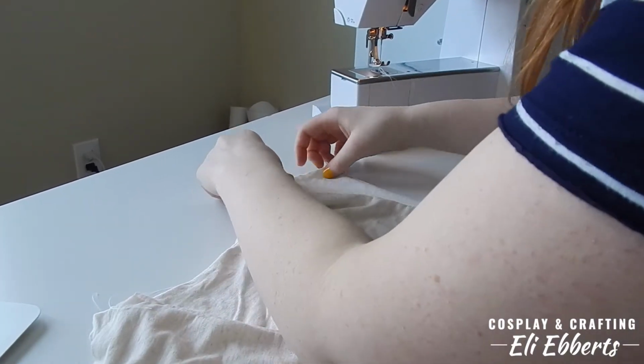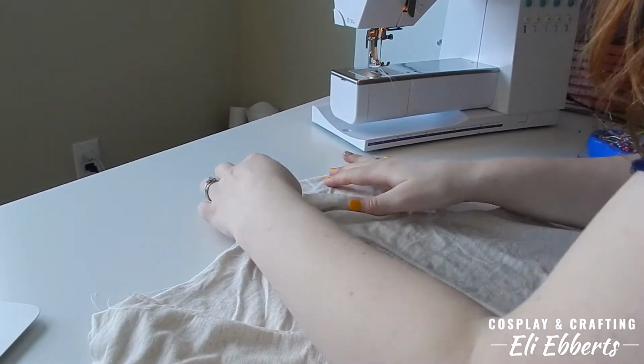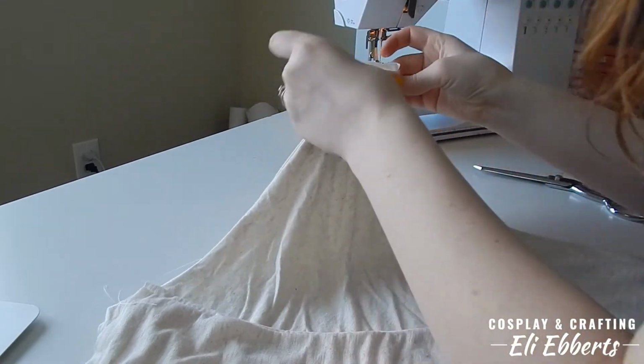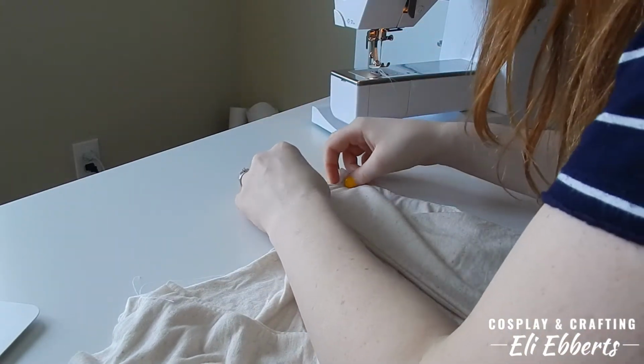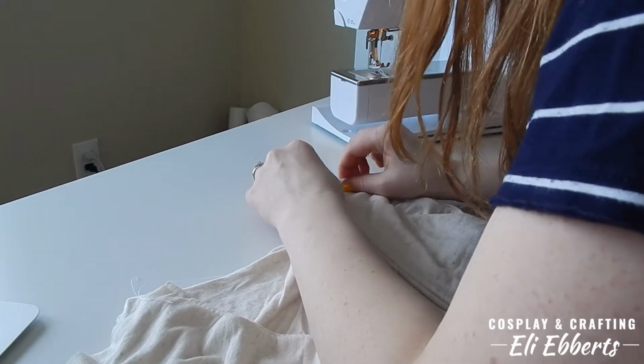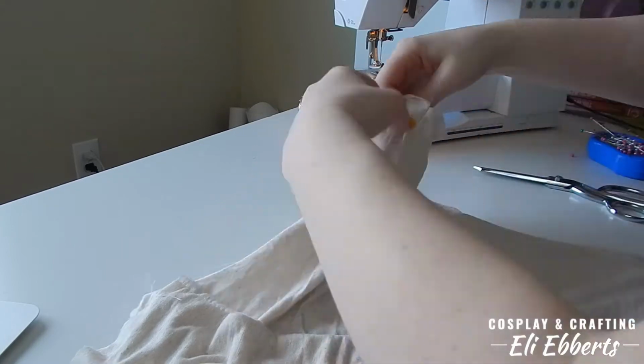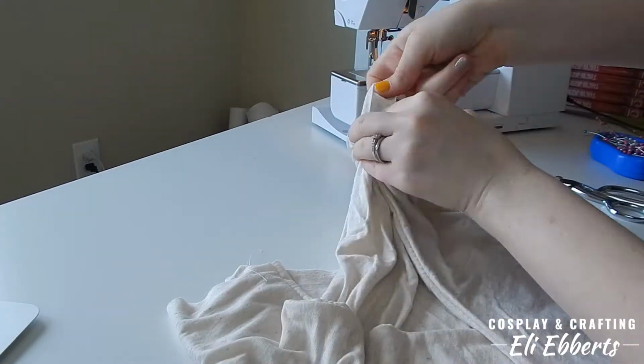Now that we have the side seams taken care of, we can move on to the shoulder seams. Like I said before, I want to do as little hand stitching as possible, so I'm trying to figure out a way to connect these using my machine. What I decided to do was to put the right sides together, and then rather than connecting all 4 layers,